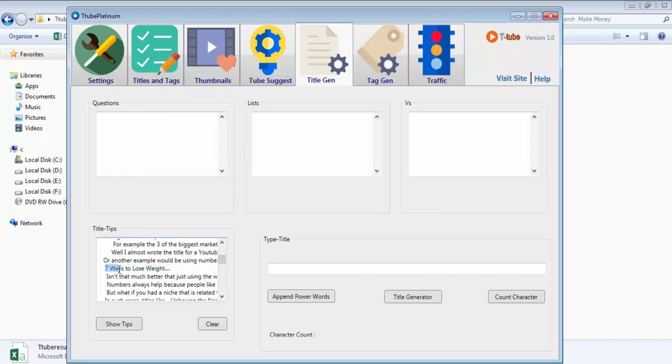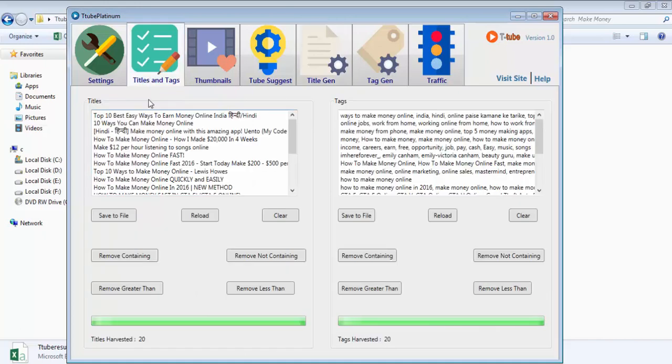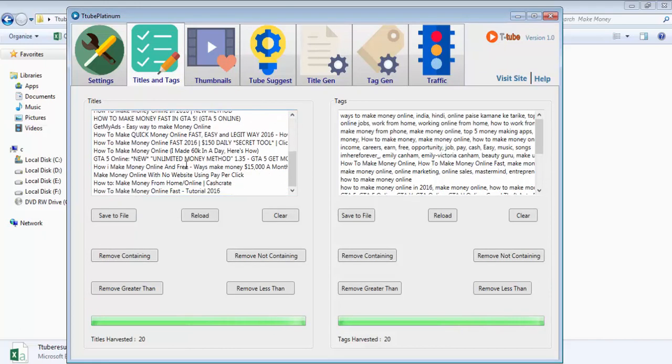So if your video is about 7 ways, people just want to know the 7 ways or 7 points. It's like a summary of a book. If any article summarizes the points, people will always want to read those points or those summaries first rather than read the whole article. So let us see which of these titles are using lists.